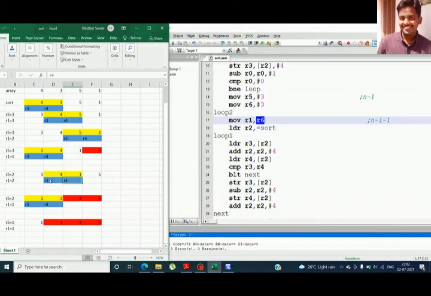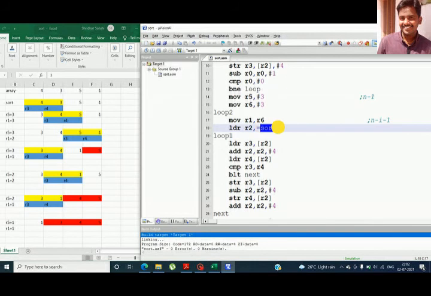Initially, the first element we are copying into the register R3. First we take the initial address, then we put the value into the register R3.